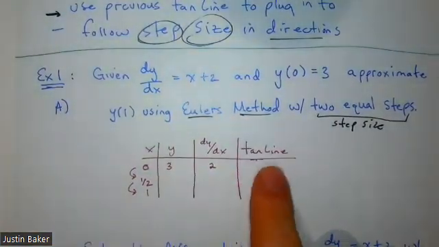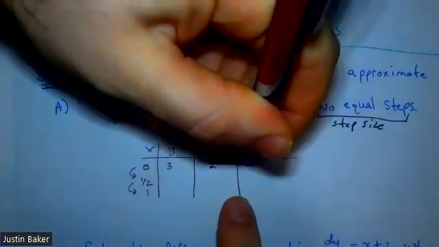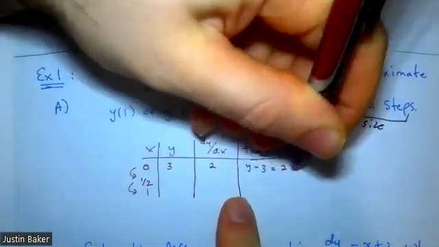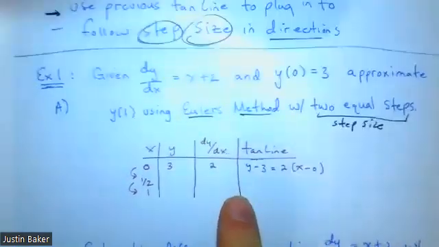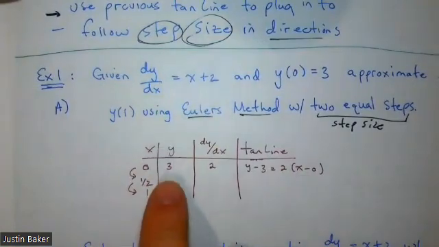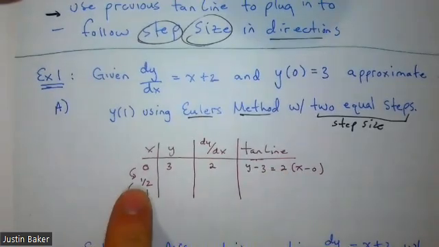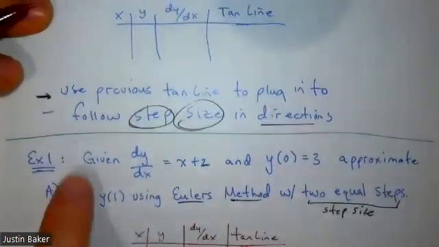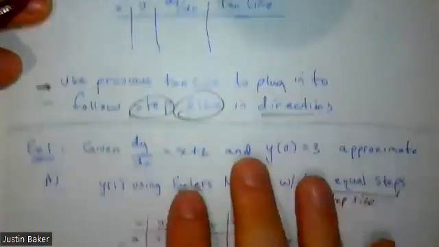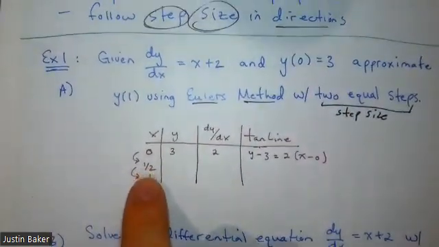And now we want to write the equation of the tangent line using that information. So we can just do point slope form. So that is y minus 3 is equal to 2 times x minus 0. We got the slope. Here's our tangent line. So now we head to the next line of the table. And this is kind of where up above I said, here's these directions: use the previous tangent line to plug into. So when we're now trying to figure out 1/2,